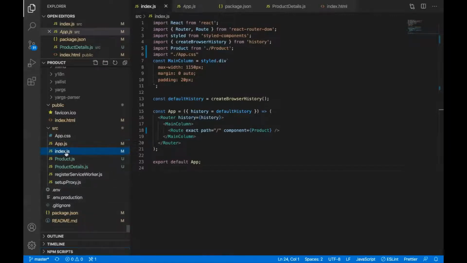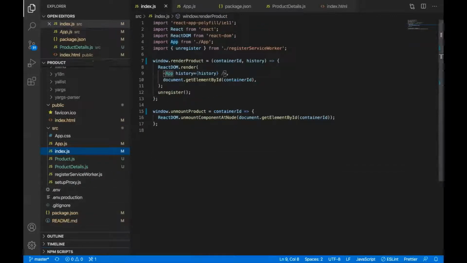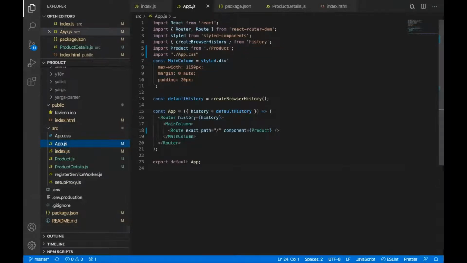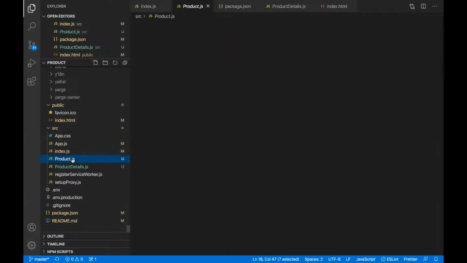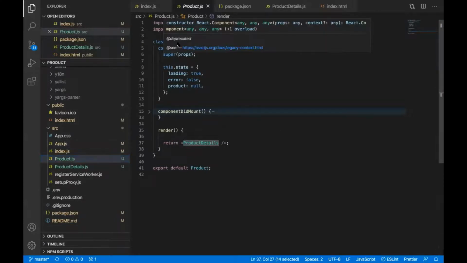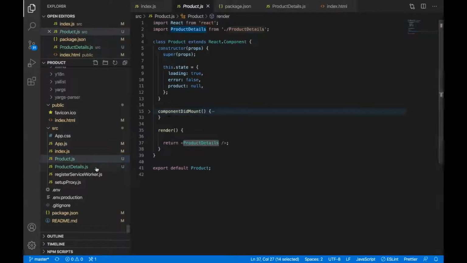In the code of the product micro frontend, app.js is pretty much standard. This is our application of the product micro frontend, and here in the route we have defined that it will be on the root route, and there we are getting the product component that has been defined here, and the product page gives the product details.